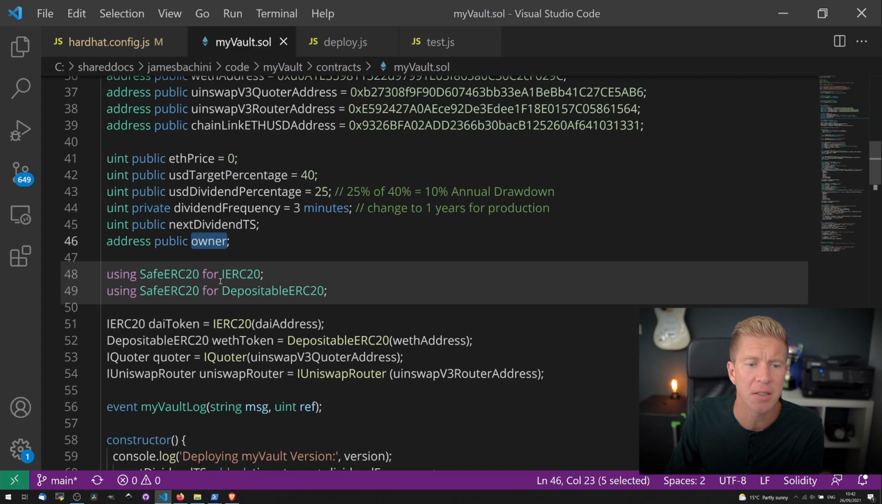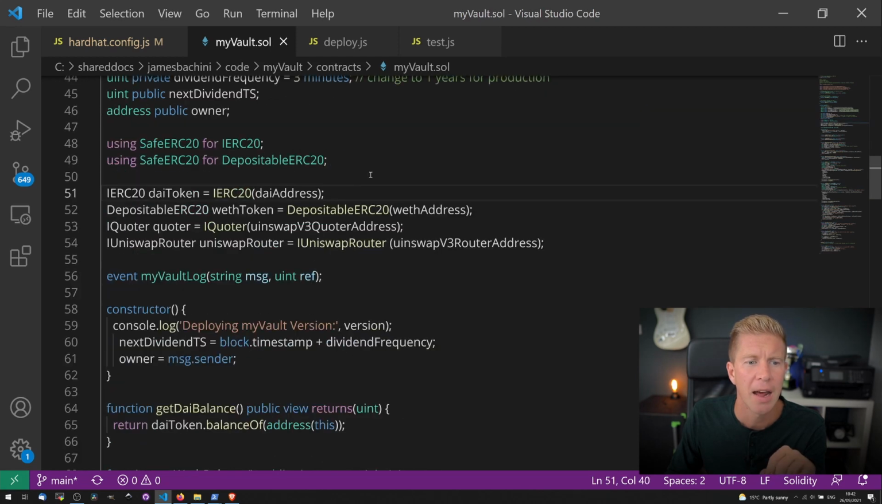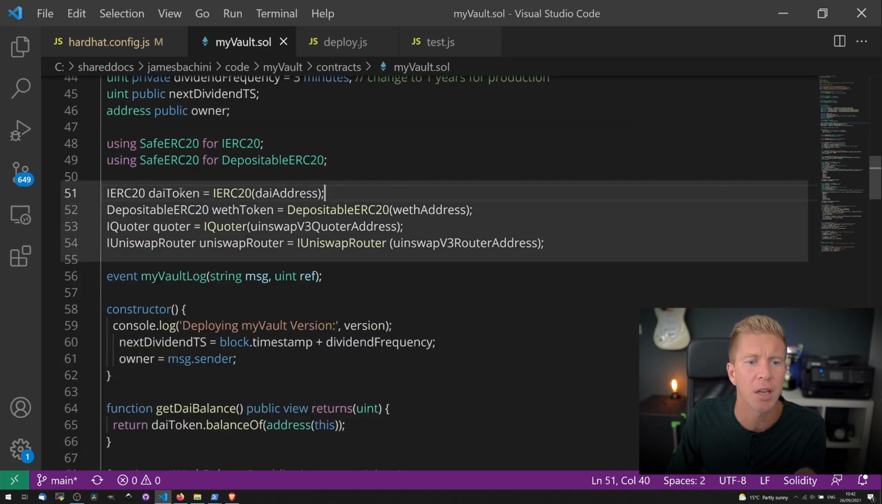We're using the Safe ERC20 library for both the standard ERC20 interface and the depositable ERC20 interface. Then we're declaring our actual tokens. So the DAI token is just a standard ERC20, and then the WEF token is a depositable ERC20. We're also going to declare the quoter variable to be the Uniswap quoter, and then the Uniswap router to be